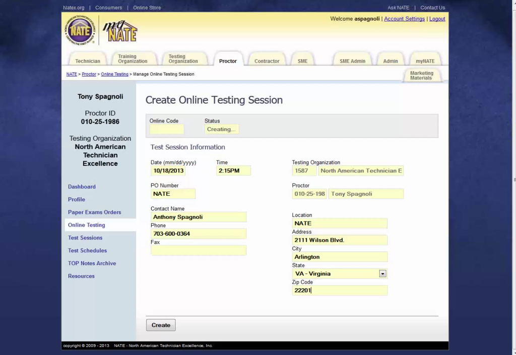And now the location information, that's going to be where you're holding the exam, and the contact information is who you want Nate to contact if there's a problem with this exam. At this point, you do not need to fill out any of the candidate information. This is just general information about the test session. So once you have all these fields filled out, you'll want to click Create,